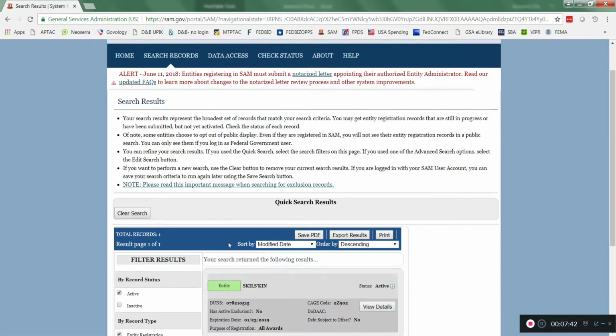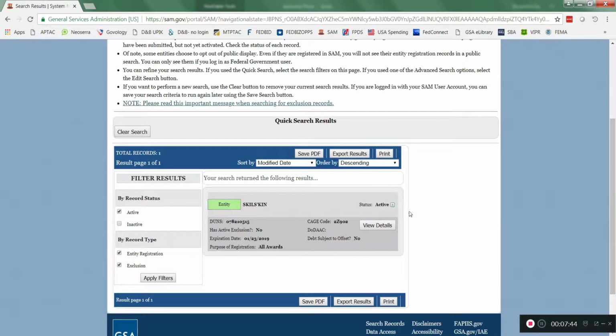Now this is what comes up. You may see from time to time that nothing will show up here. It'll say no results. If that happens, first try clicking inactive in addition to active and reapply the filters. Sometimes companies let their SAM registration lapse, and so it'll go inactive if they do that, but you can still look at the information even though it's inactive. If you ever see a result that says access to this entity is restricted, they've opted out of the public view, you unfortunately will not be able to see that information